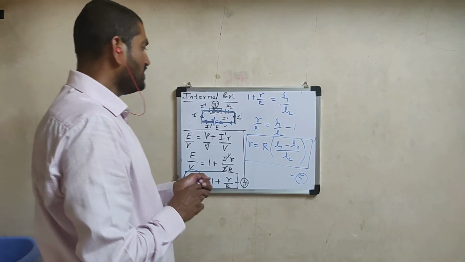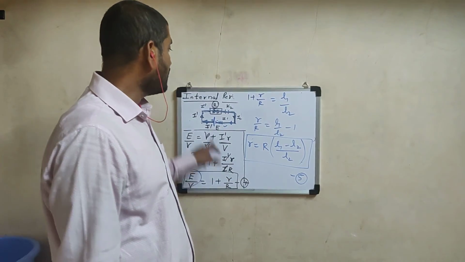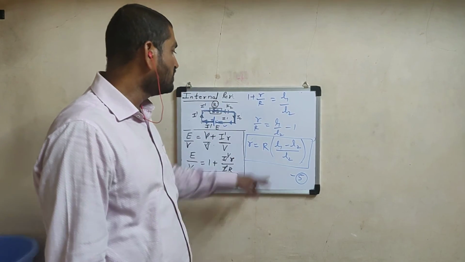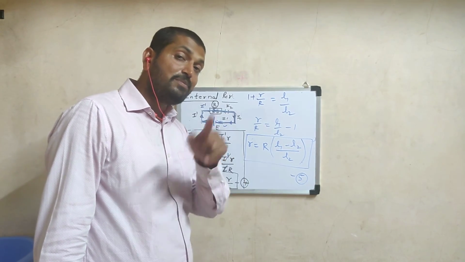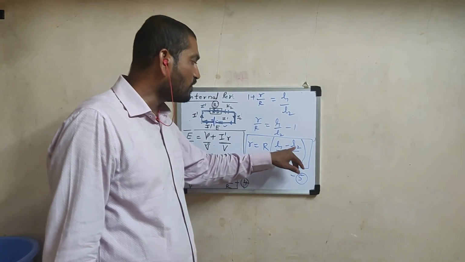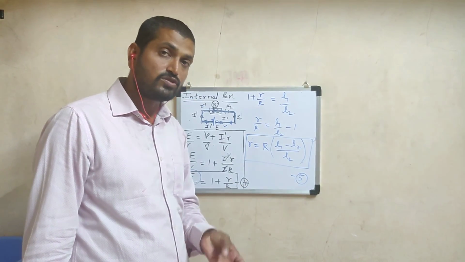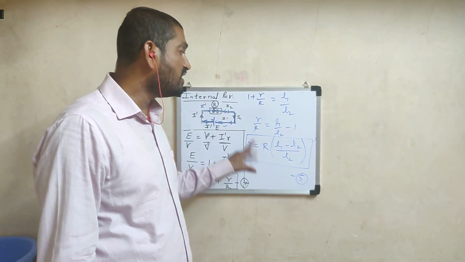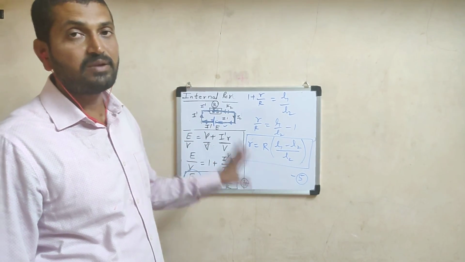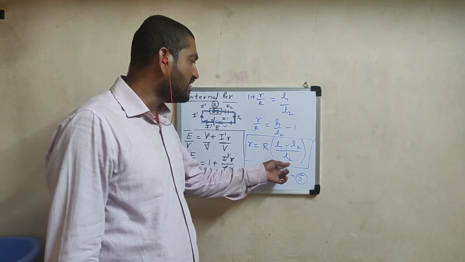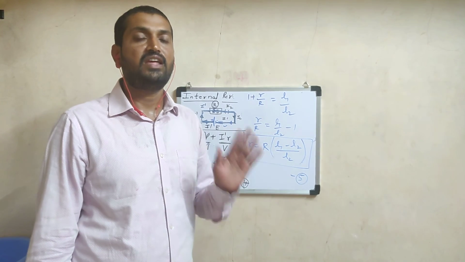Now this is the formula by means of which the internal resistance of the given cell can be calculated. Capital R is the known resistance selected in the resistance box. L1 is the balancing length when key K1 was closed and K2 was open, that means when the cell was open circuit. What about L2? L2 is the balancing length when both keys are closed, K1 closed and K2 also closed. That means when the cell is not open circuit, its terminal potential difference is balanced against the potentiometer. So by knowing these two balancing lengths and this known resistance in the resistance box, the internal resistance of the given cell can be calculated.